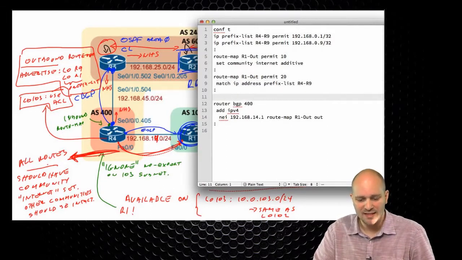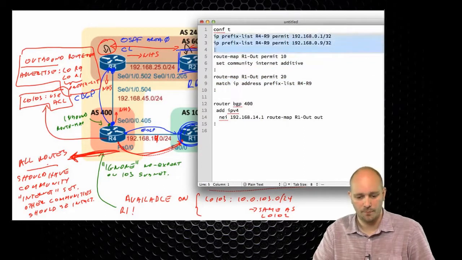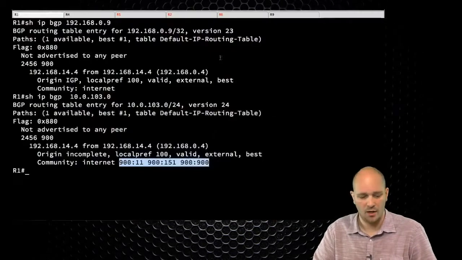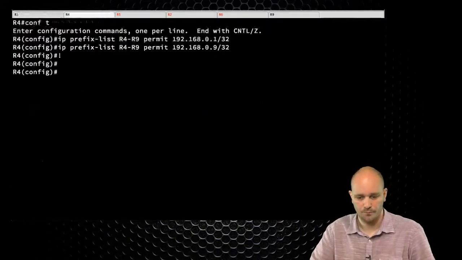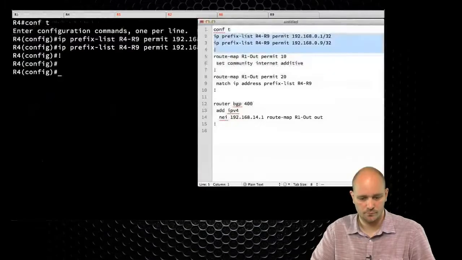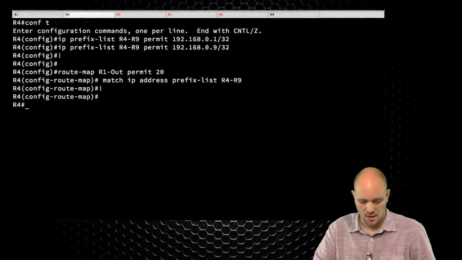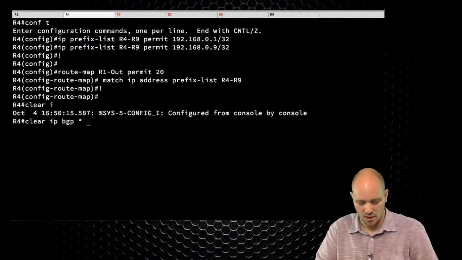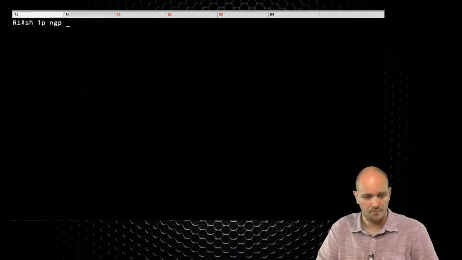Okay, so let's see what happens when I apply this on R4. So if I go to my R4 now, and I say clear IP BGP star soft out, if I go to R1, show IP BGP,